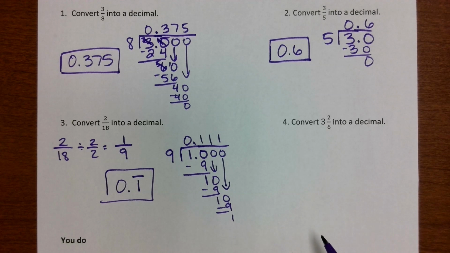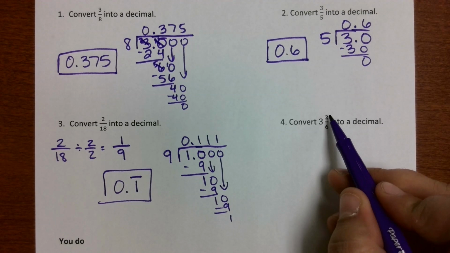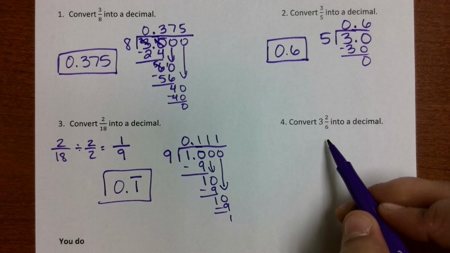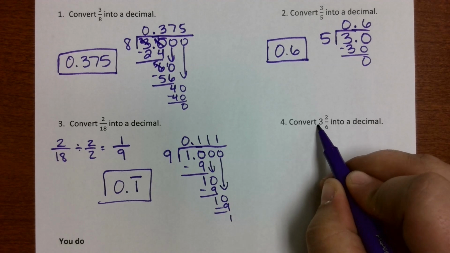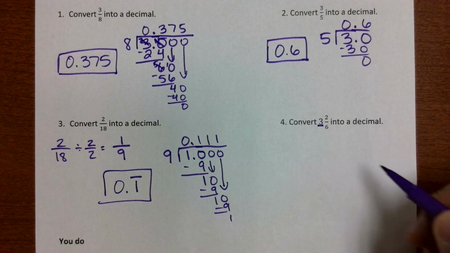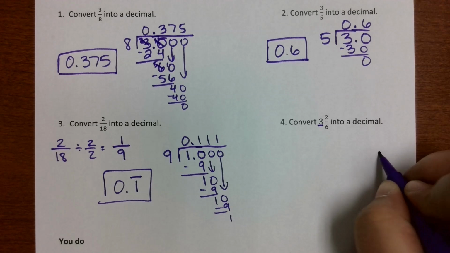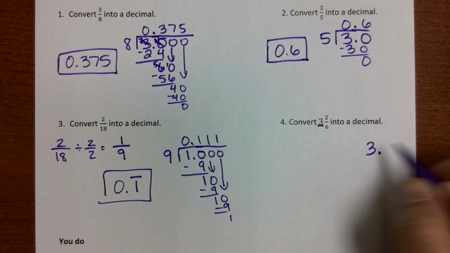Alright, one last example together. We've got convert 3 and 2/6 into a decimal. So this is a mixed number. Don't let that part confuse you. You know that this is a whole number, and you need to remember that whole numbers go before the decimal. So I know whatever my decimal is, I'm going to have a 3 in front of it because that's the